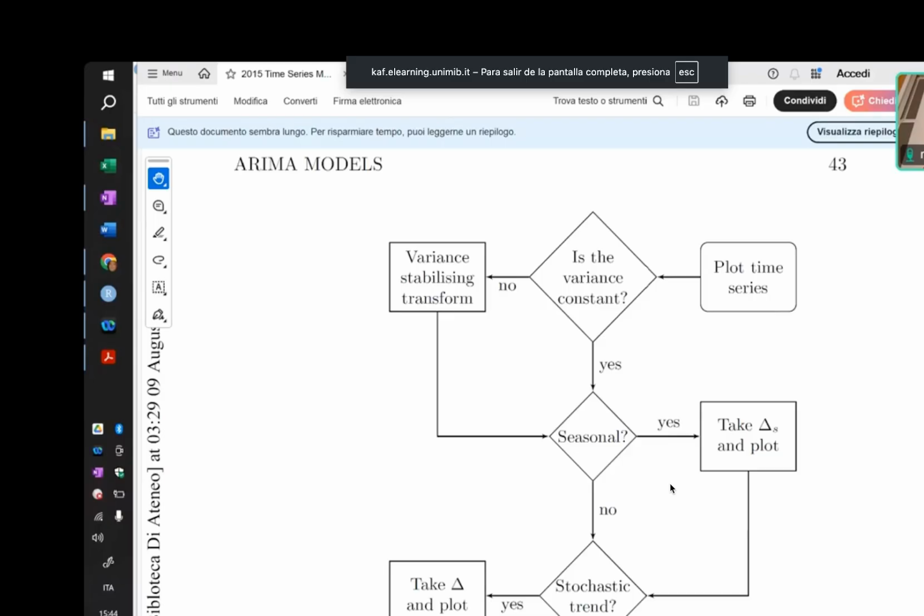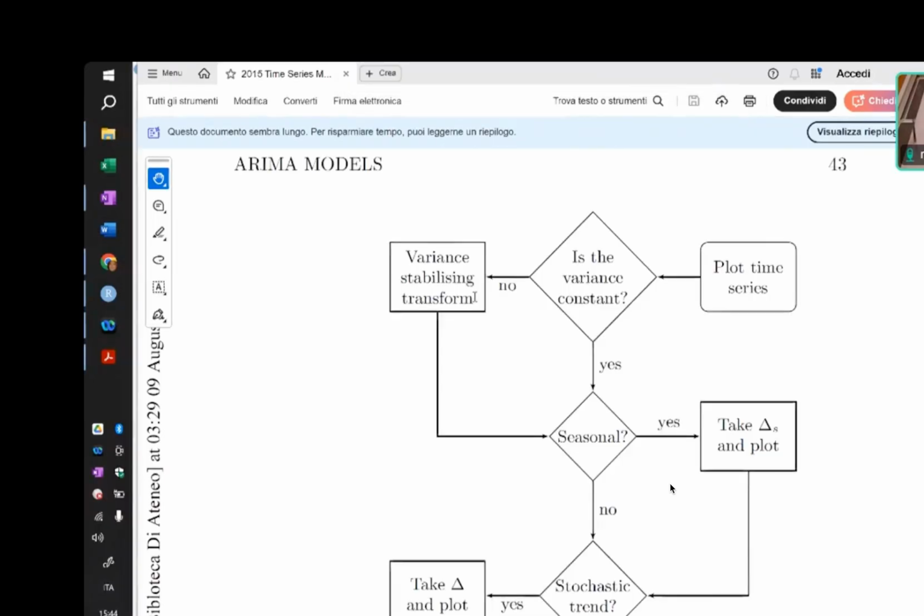So let's try to finish today everything about the theory of ARIMA processes so that we can do some applications